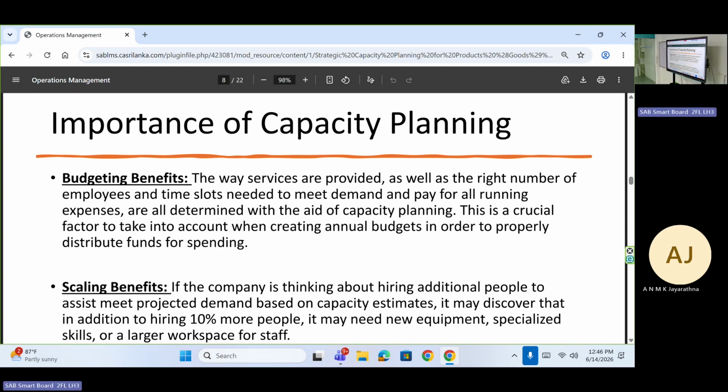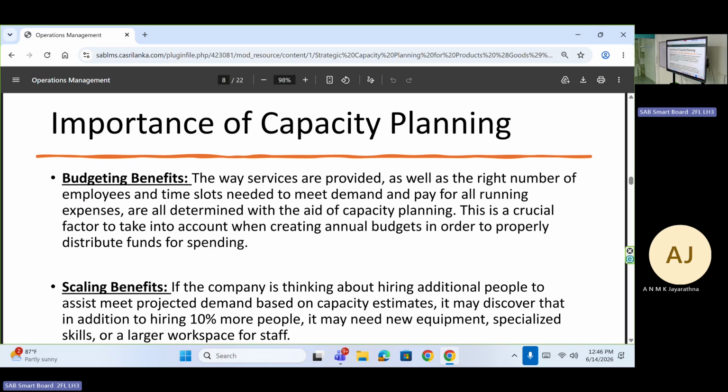For example, if we consider the budgeting benefit, the simple meaning of it is, imagine there's an organization that has a clear capacity plan. They know that this is the amount we are going to produce, this many employees we have to maintain, this many units we have to produce, this many machines we have to maintain. Because they have a clear plan,